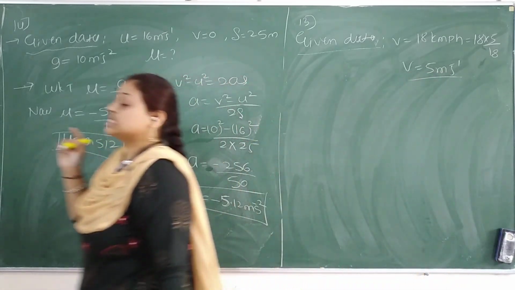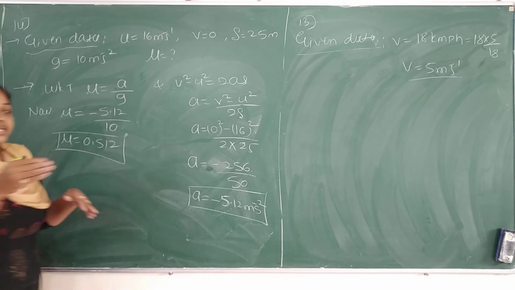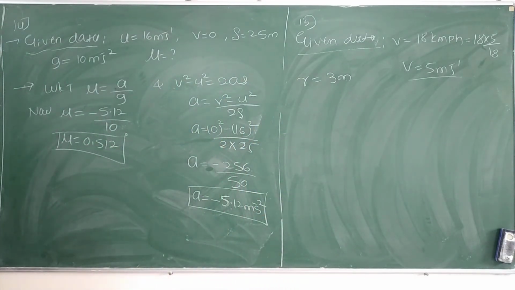By this velocity the cyclist is moving. Now see, he is moving on a level circular road, and he has to take a turn. The radius of the circular road is R equals 3 meter. And he is not reducing the speed. He is moving with 5 meter per second, meaning with that speed only he has to take a turn. Now, if he takes a turn with this speed, whether he will take a safe turn or he will slip, skid, fall, or take the turn safely is the question.